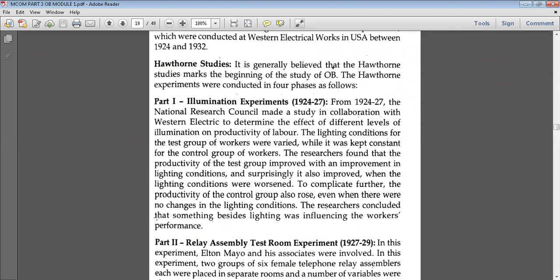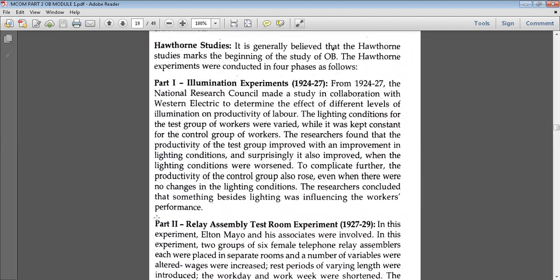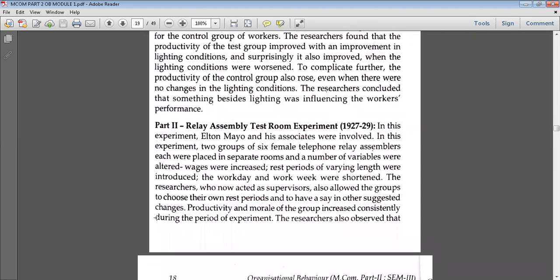What they did here was change the lighting conditions for different groups of workers, and they understood that sometimes an improvement in lighting conditions improved productivity. Then comes the relay assembly test room. This is another set of experiments. Here two groups of people were selected. They were kept in separate rooms, and different factors were considered. For one group, the wages were increased, rest rooms were provided, and their rest periods were increased. Such kinds of